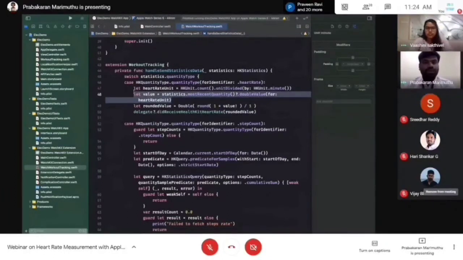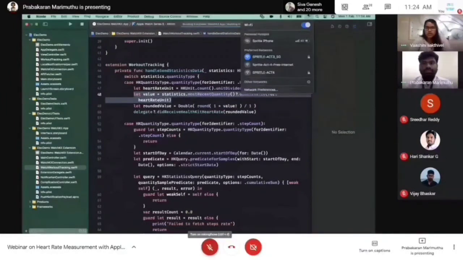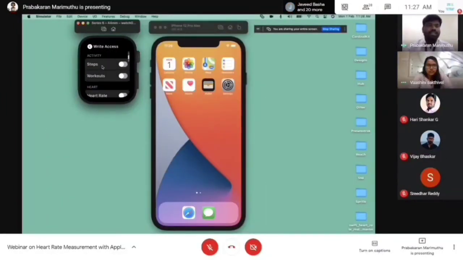So let me run this app. Trying to access steps, workouts, and heart rate. I've given all the access, and I'm trying to access all the read access.